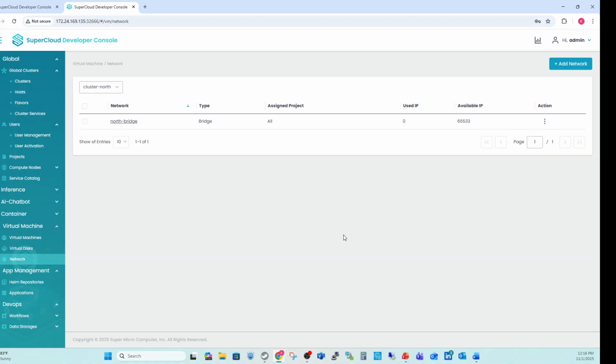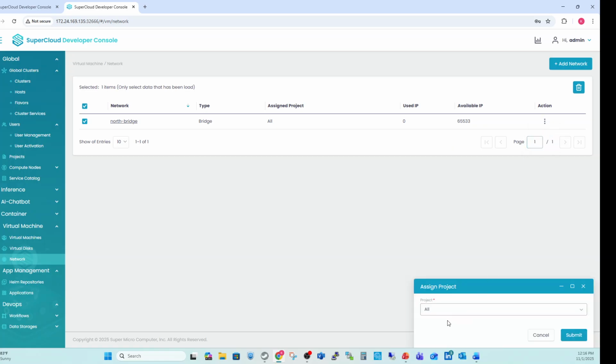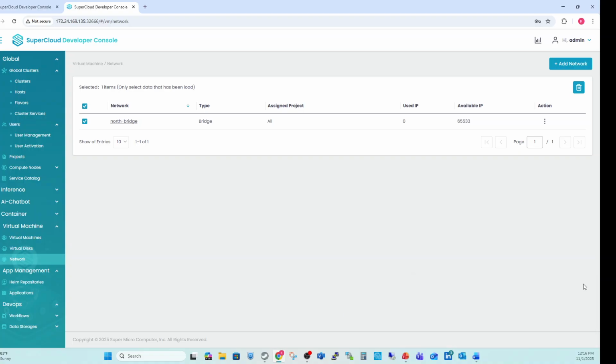I can do so, right? And I can associate them with a project, right? So if I click here, in this case, I would assign to a project, and I can assign to all projects, right? But if I had additional projects that I wanted to basically carve up for multi-tenant,